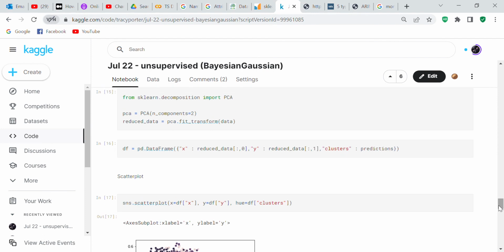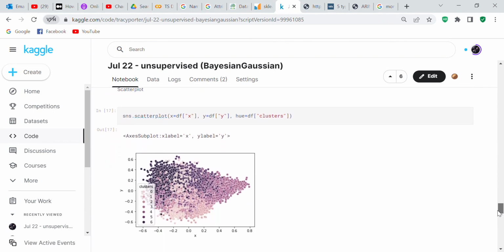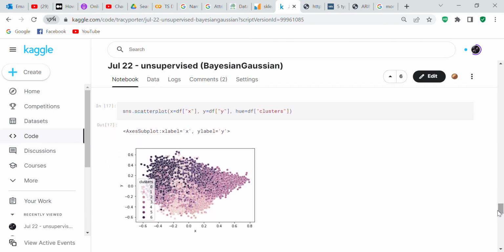So df equals pd.DataFrame, x is reduced_data[:, 0], y is reduced_data[:, 1], and clusters is predictions. So basically you're using the 0 column and the 1 column. And now we put it on a scatter plot, so you can see it on a scatter plot.